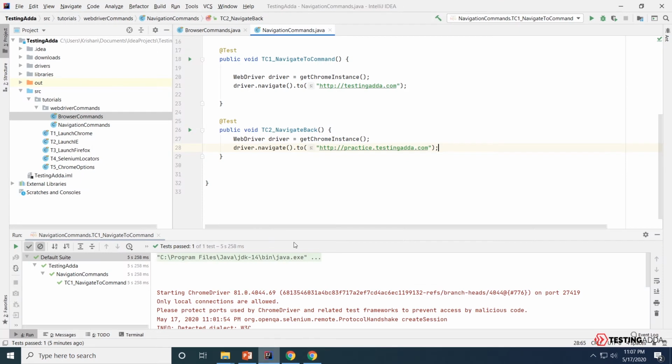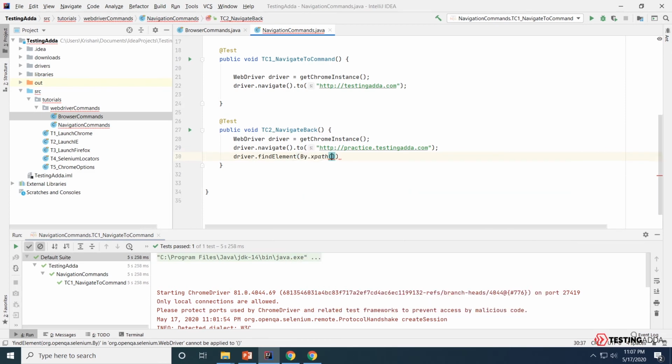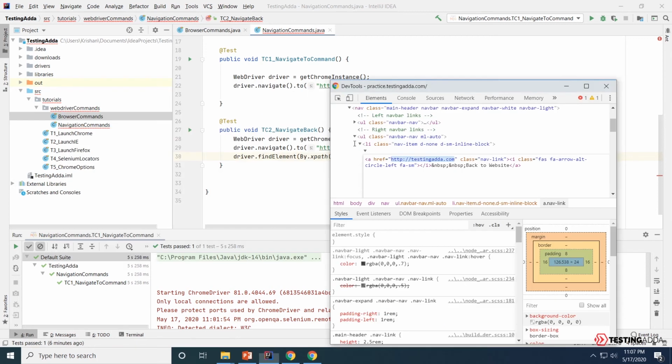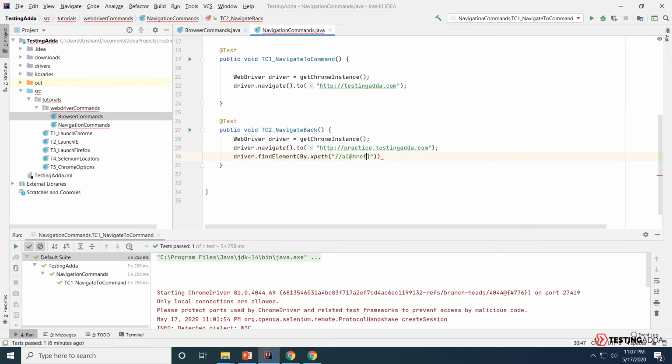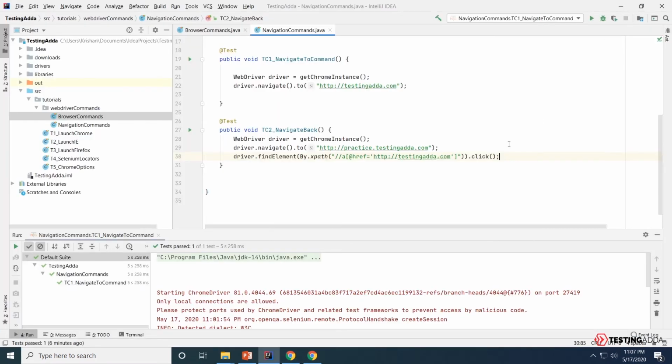Okay, so I'll write driver.findElement by, let's say, XPath. This is the A tag and href is testingadda.com. Now I'm going to click on this button. This will click on the button and take me to testingadda.com.